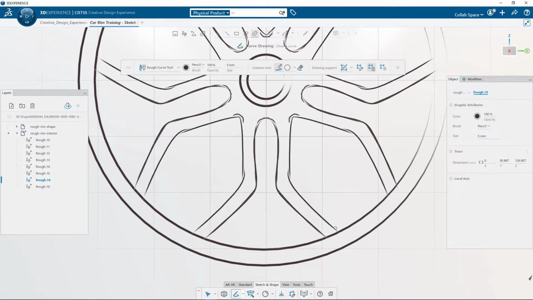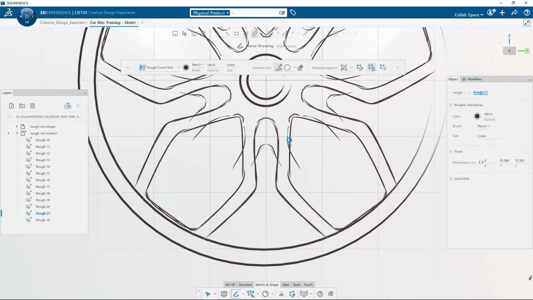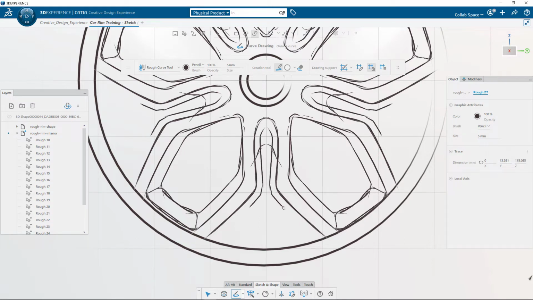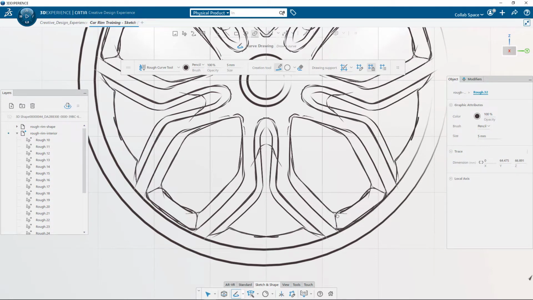If you use, like me, a stylus on your graphic tablet, you notice that the designer gesture is well captured while sketching. It is because of the pressure sensitivity that controls the brush size. The acceleration of the pencil is also visible and allows you to create sketches that convey emotion very quickly. By mixing freehand sketching and rough primitive creation, it is easy to achieve very clean but expressive sketches, now directly on the 3D Experience platform.